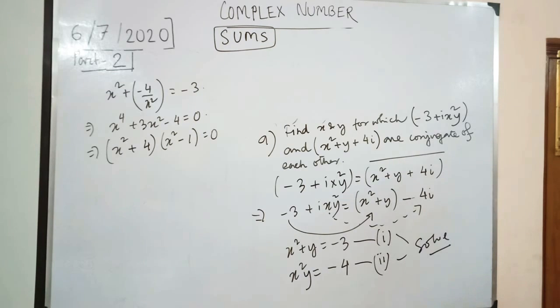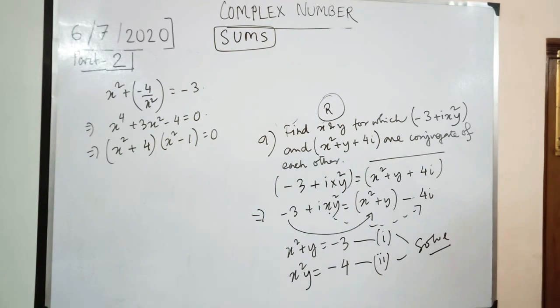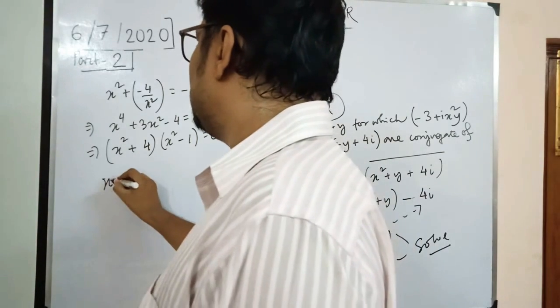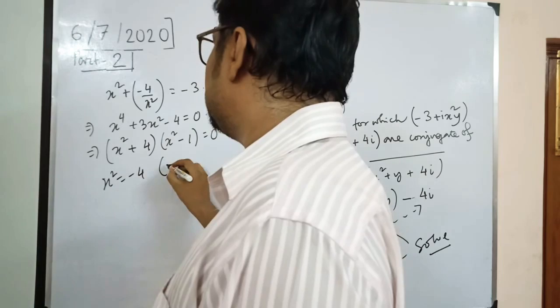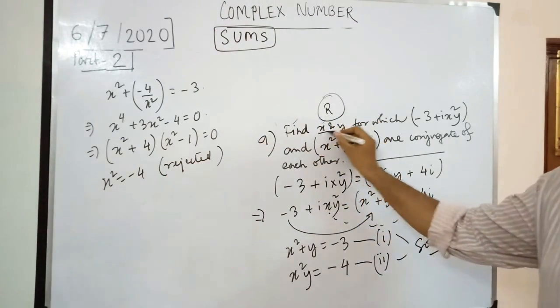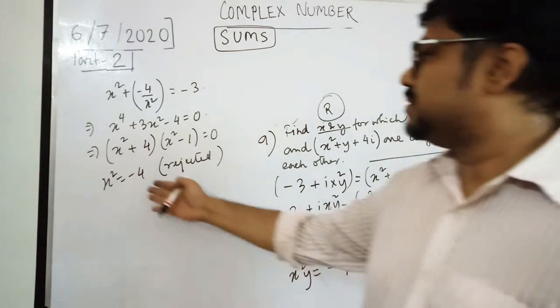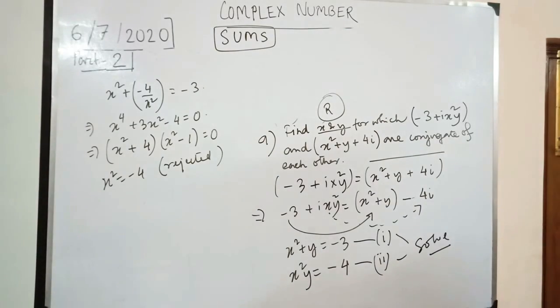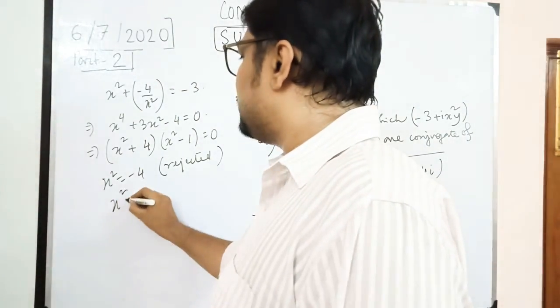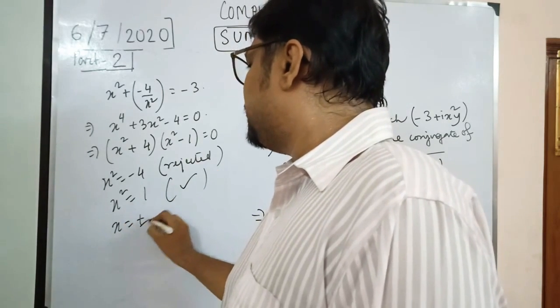So we are finding real values of x and y. Okay. So that means there are two factors over here. We can see that x square equals to minus 4. This is rejected. We are looking for real values, that is given in the question. If any values were to be considered, then this is also there. This will be a complex value we will get. Otherwise, the next value x square equals to 1. This is accepted. This is correct. So we get x equals to plus minus 1.